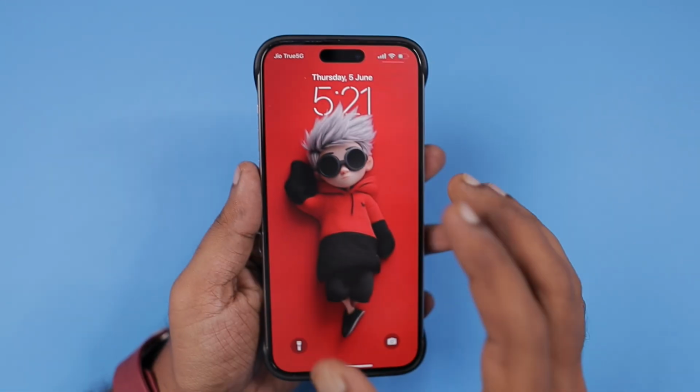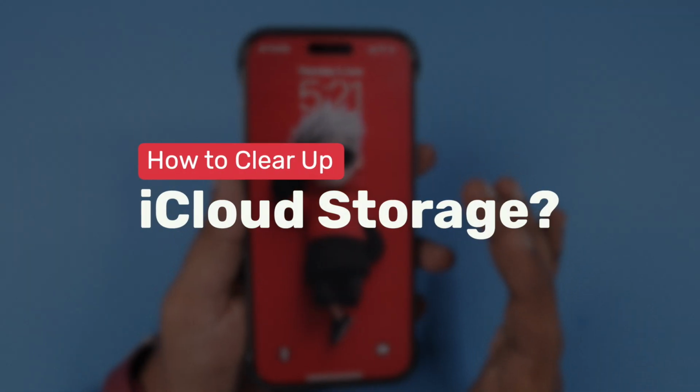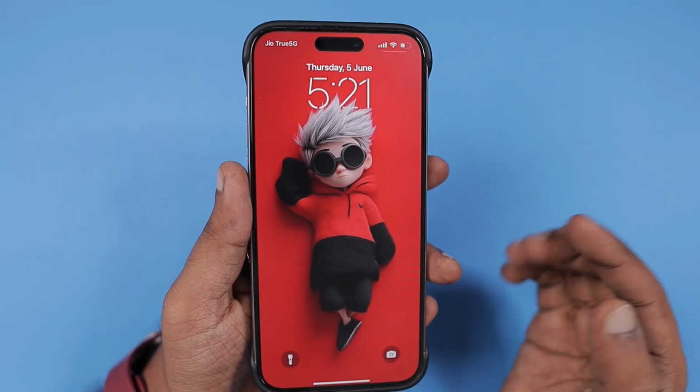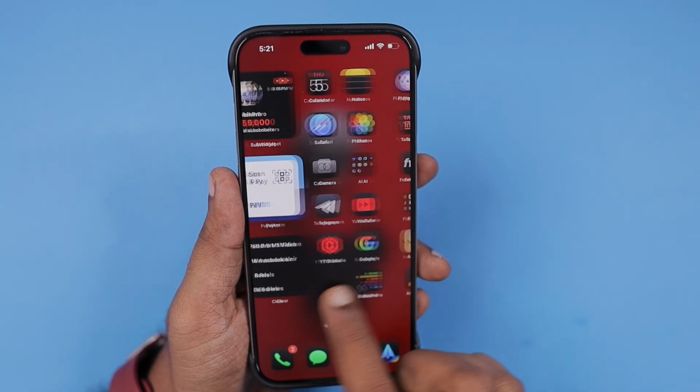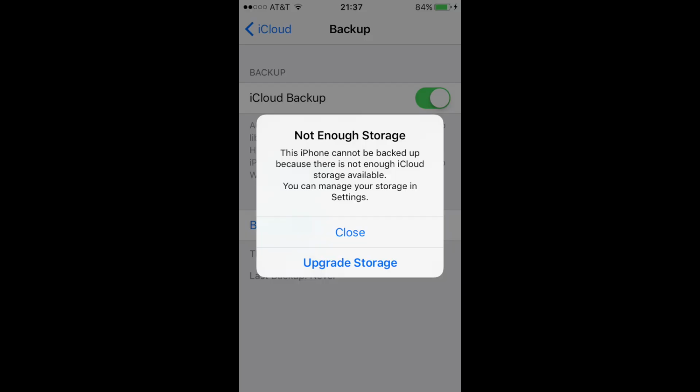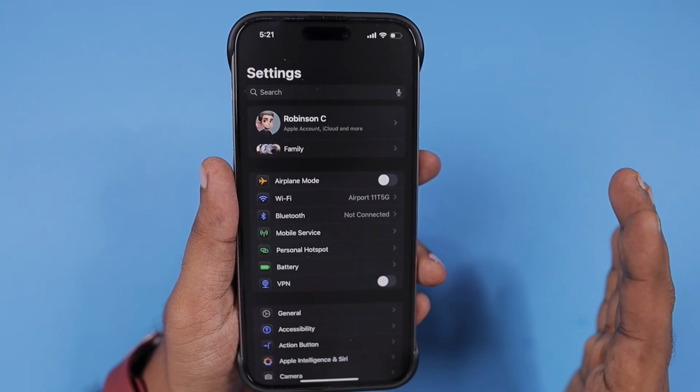In this episode, we are going to see how to free up iCloud storage space. So if you are seeing an error on your iPhone or iPad, on the lock screen or within the settings application, that says your iCloud storage is full, either you need to upgrade to a higher iCloud storage plan or you need to free up some existing iCloud storage space, then in this episode, we are going to see some troubleshooting steps,